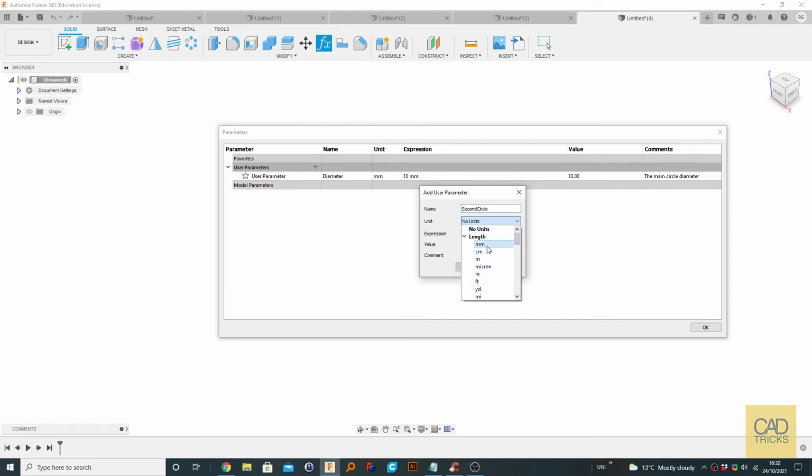The reason you'd use no units is, say, if you just want a quantity. So if you created some equation to create gears or gear teeth, it doesn't have a unit like millimeter. It's just a quantity. So that's why you'd select no units. So if I just want 15 teeth, I can type in no units and 15. Anyway, so if we put this back to millimeter